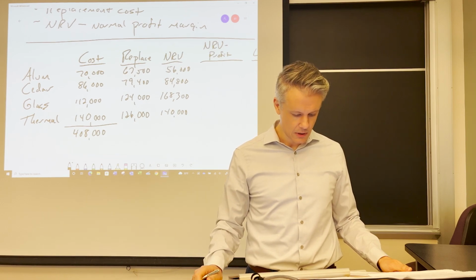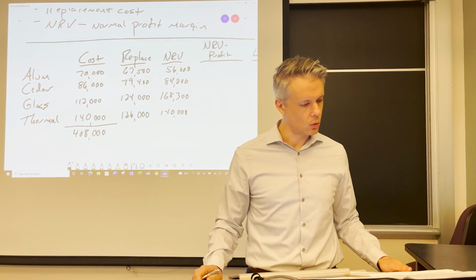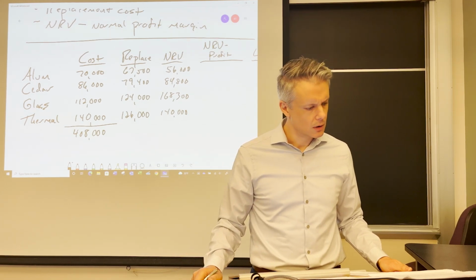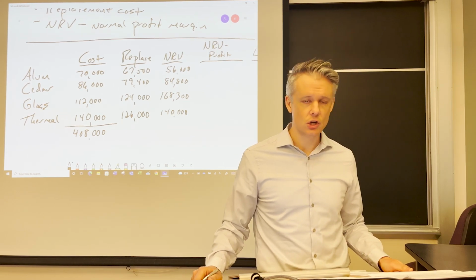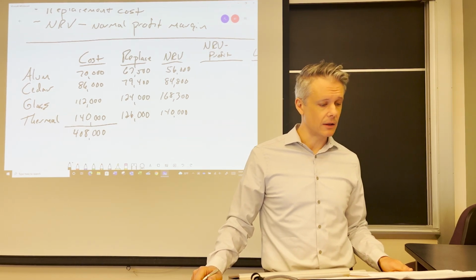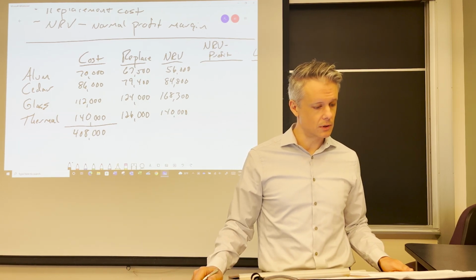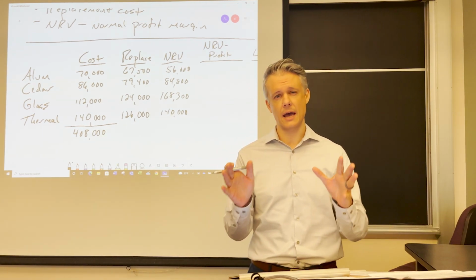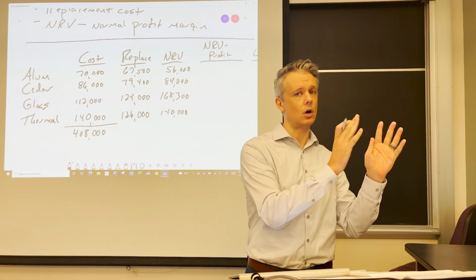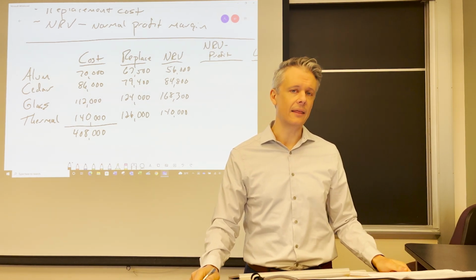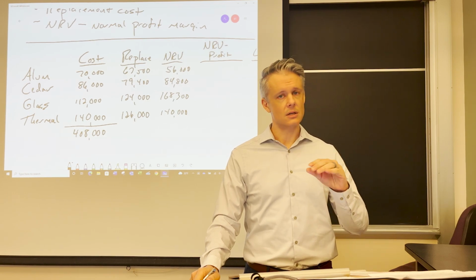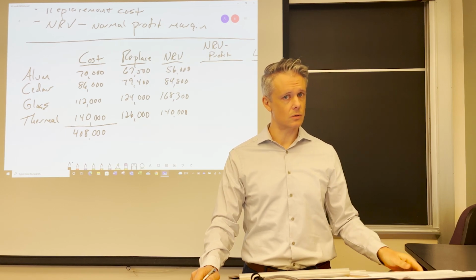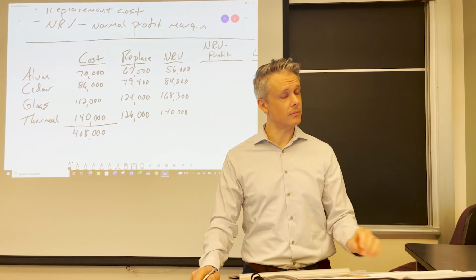We have them here: aluminum, cedar, glass, and thermal windows. And we have cost, replacement cost, and other values. The question asks us to determine the proper balance in the allowance to reduce inventory, determine the gain or the loss associated with examining this from a lower of cost or market value. And then it tells us that there is an existing balance in that allowance account to reduce inventory, and this is a credit balance of